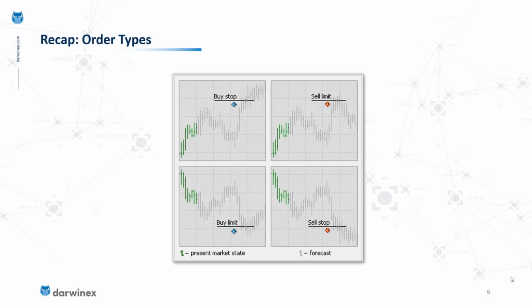With the sell limit order, you're doing the opposite of what you did with the buy limit, and you're placing an order instructing the platform to execute a sell order at the bid price once the bid price is reached or exceeded. And your anticipation here is that the market will reach this point above where the market price currently is and then reverse. So those are your four main types of orders: buy stop, buy limit, sell stop, and